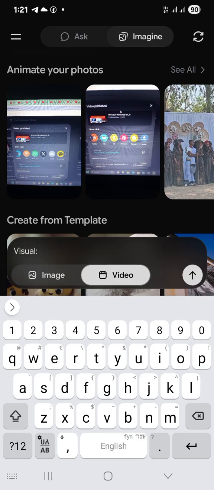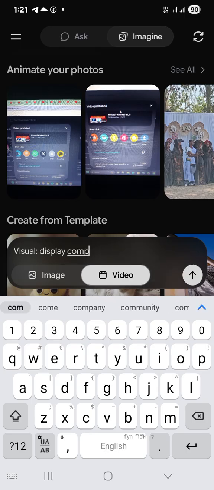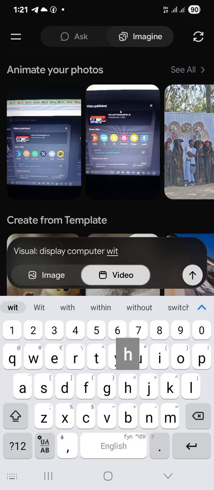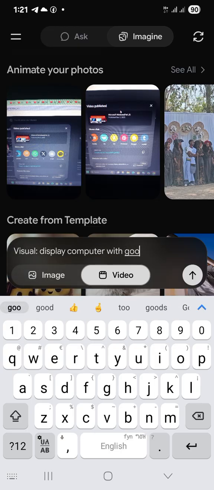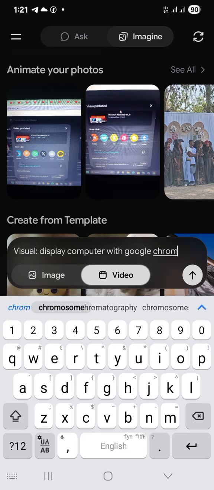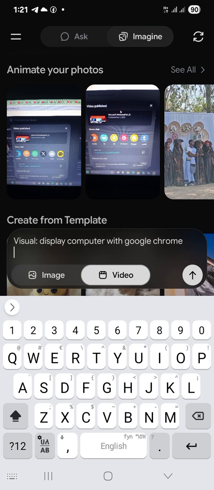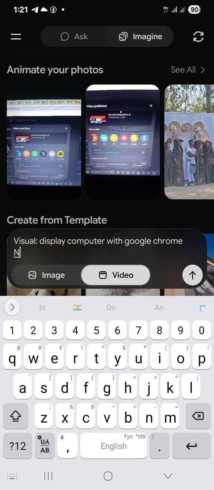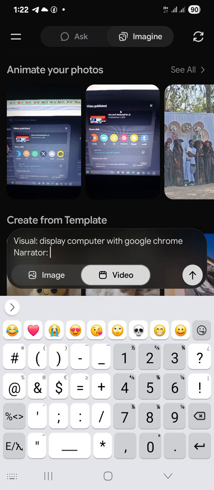Okay, give me display computer with Google Chrome. Enter. Then narrator, the speaker. Narrator, double R, narrator. Then colon, space.